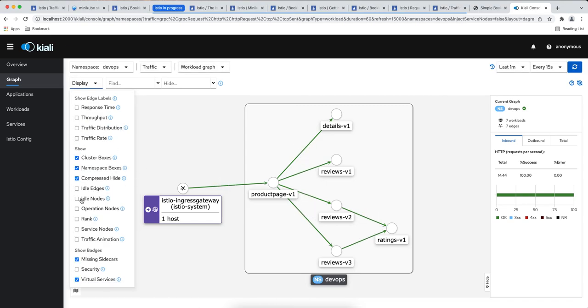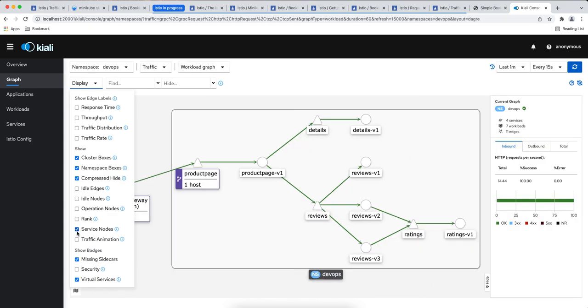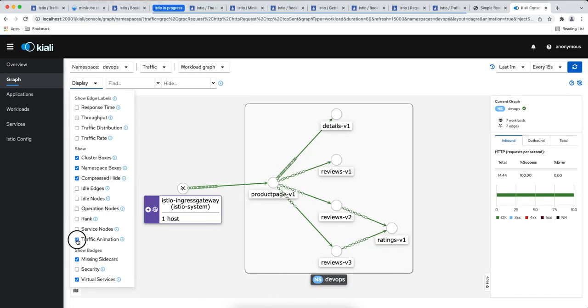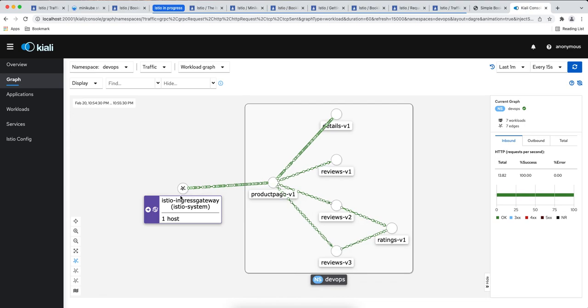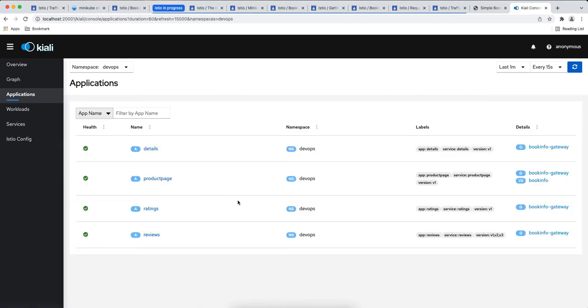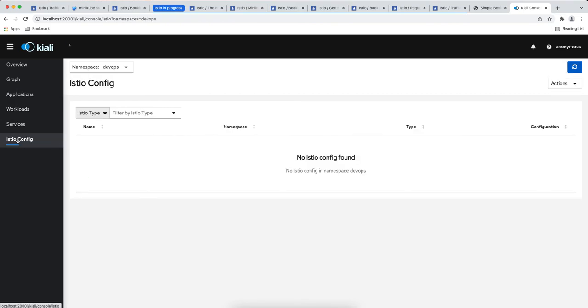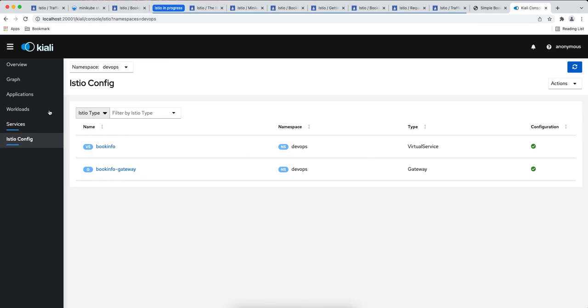So we can see the service nodes in this fashion, and the traffic animation, which looks okay, I know. You can view the traffic nodes in this way also, right? So all the traffic which is coming here, this is how it is working. And then you go to the applications, it shows all the applications which are deployed, in which namespace, the labels which are applied to them, and which component they belong to. Even your Istio config is there, so a lot of actions you can do from this UI as well,